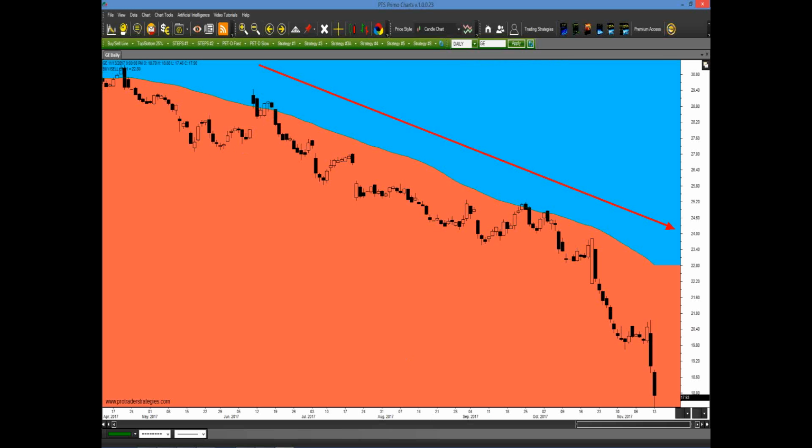So let's add our structure in the form of strategy 4. And do you think you could have done well going short GE? Now, you don't have to short the stock. I know not everyone likes to short stock. You could have at least bought puts, or even if you didn't want to trade this, don't you think this could have been a great way to keep you out of GE? When everyone in the world is saying, you got to buy this, it's way oversold, you could have just said, no, I'm not going to touch this until it gets into the buy zone.